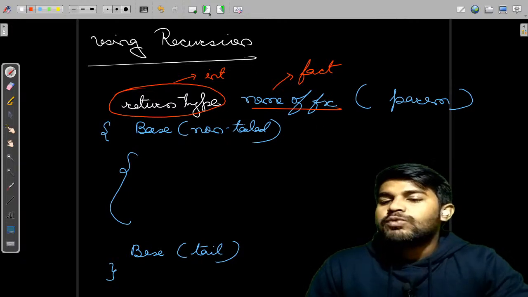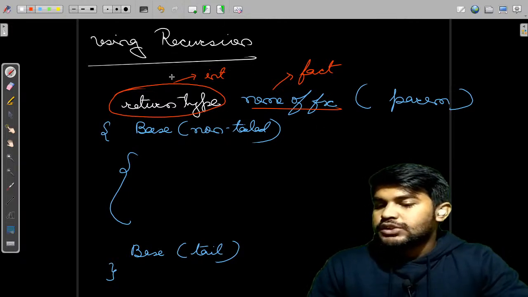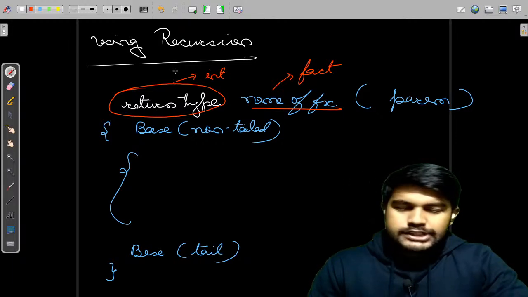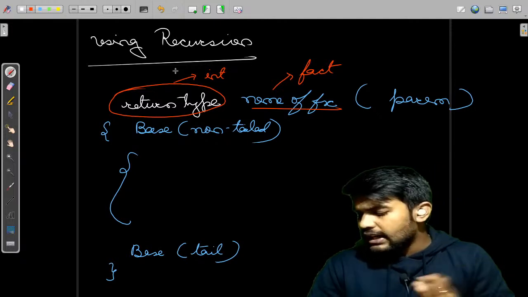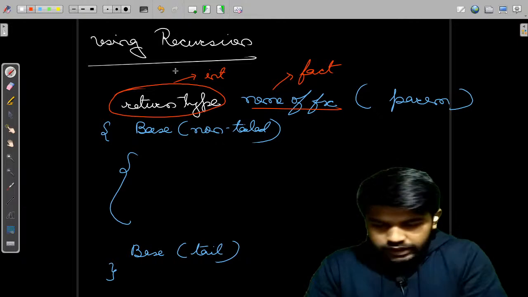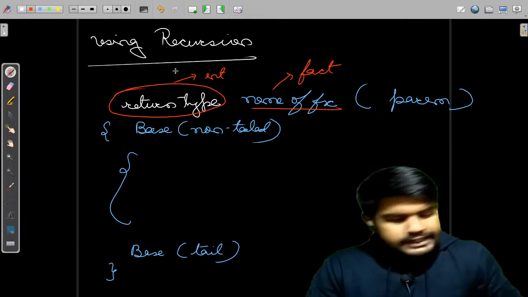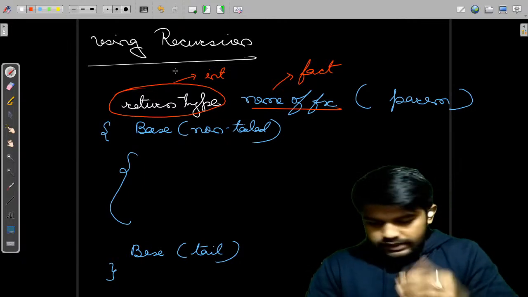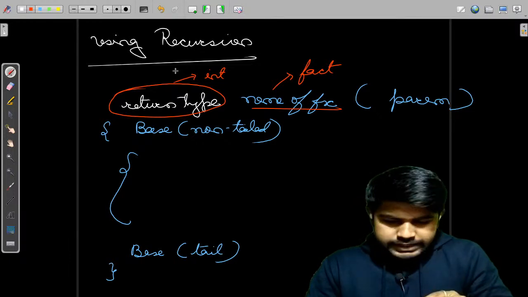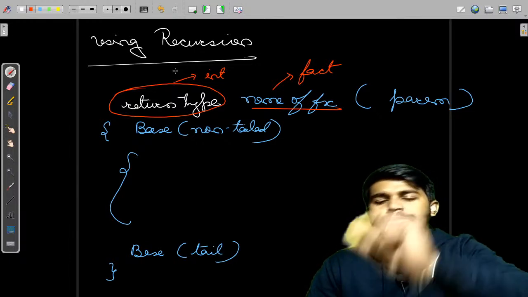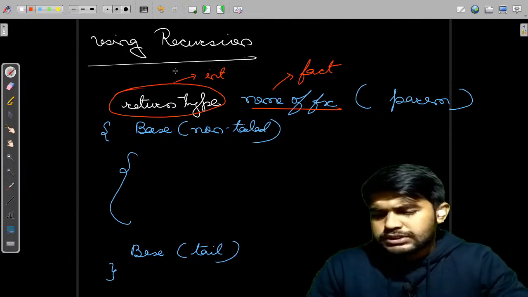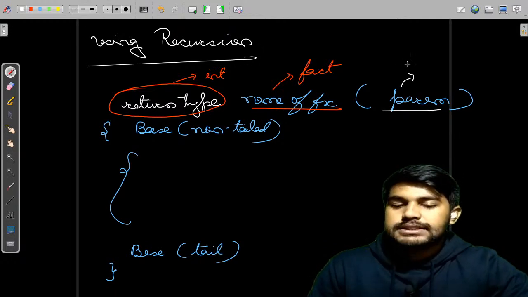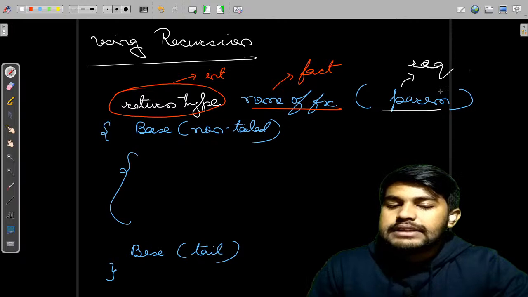Whatever we are providing to the function, what is non-tailed, I would explain, no problem. Let us first try to solve the previous problem using recursion. Non-tailed is something like the base case is called at the tail. Tail means at the last. So tail means the base case would be at the last. If it is not tailed, the base case would be at the front itself. The most simple example. Now what is a parameter? Parameters are the requirements. Whatever is required, this is the parameter itself.